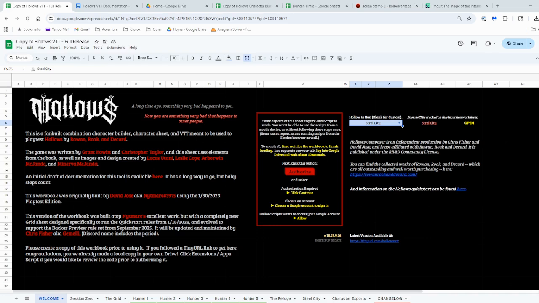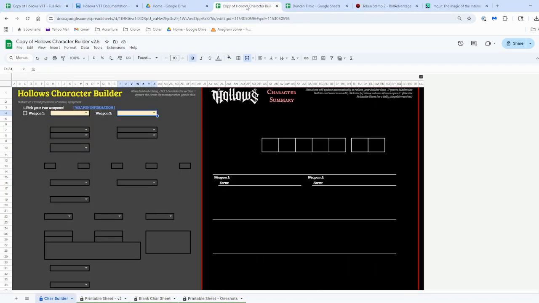The one I'm going to focus on is going to be using this separate tool that we've set up called the Hollows Character Builder. I'll put in a link in the description below to follow that. When you make a copy of that, you're going to get an interface that looks like this that will essentially kind of guide you through the process of building your character